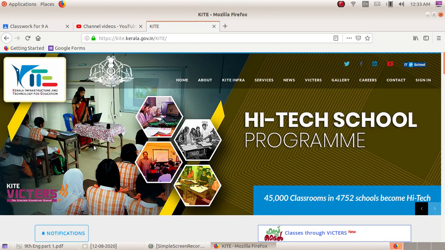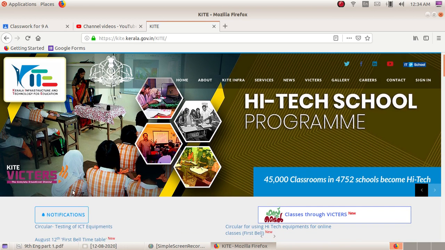KITE stands for Kerala Infrastructure and Technology for Education. In the education field of Kerala, KITE and its role are very important.